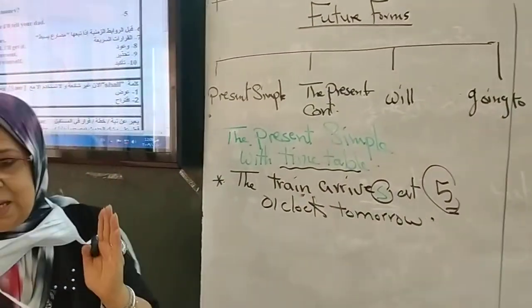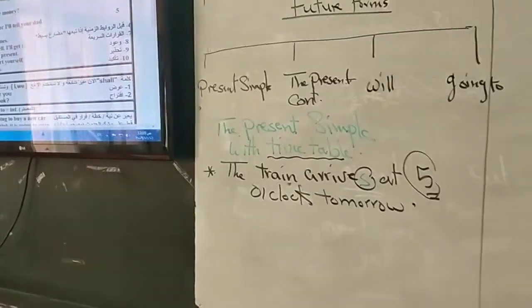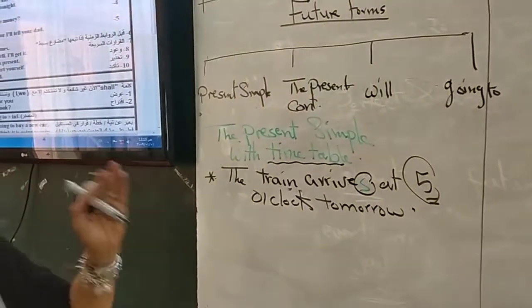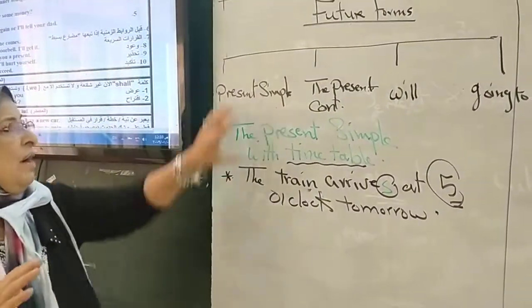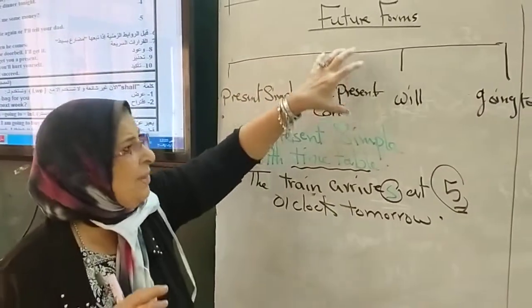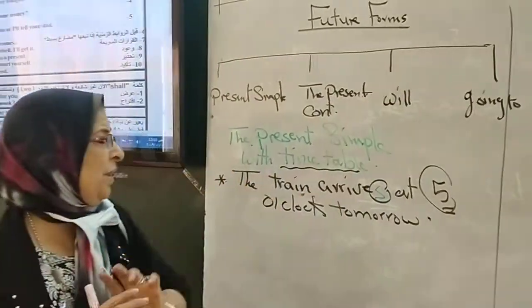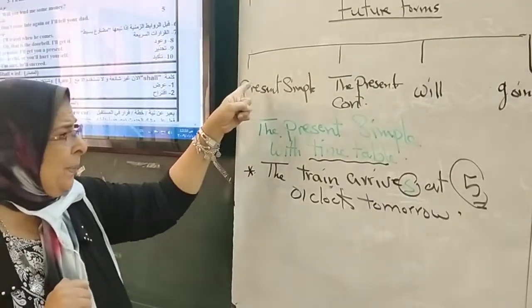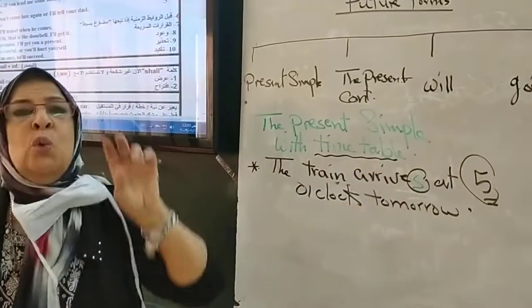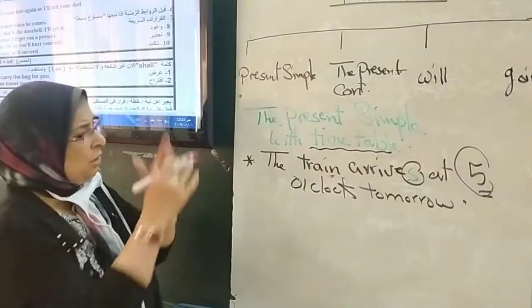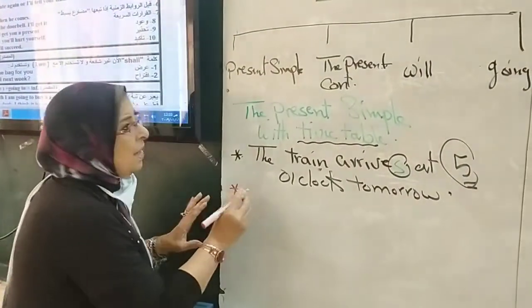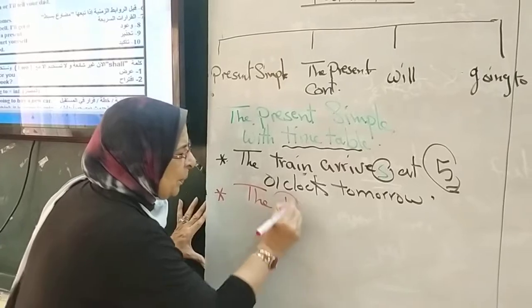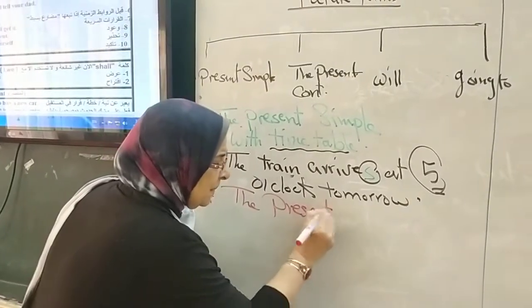You get it? Again, to express the future, we have 4 ways: the present simple, present continuous, will, and going to. When do you use the present simple? I use the present simple with the timetable or schedule. So when do we use the present continuous? I use the present continuous